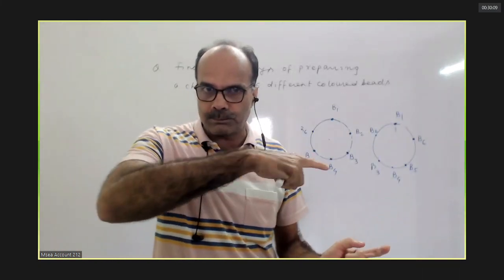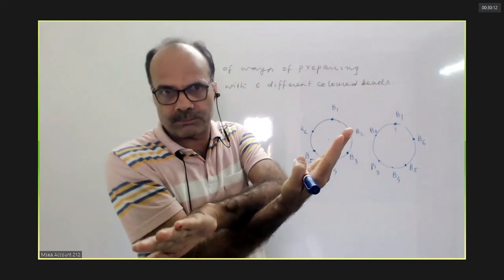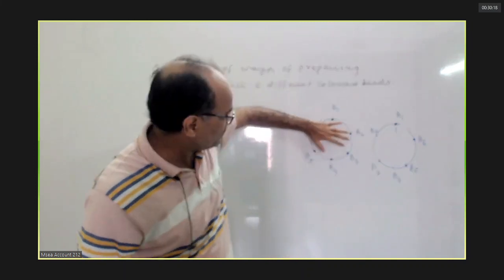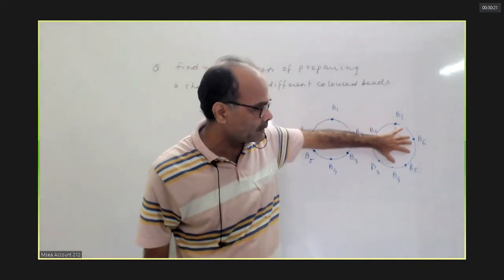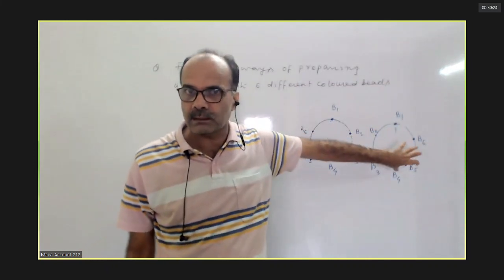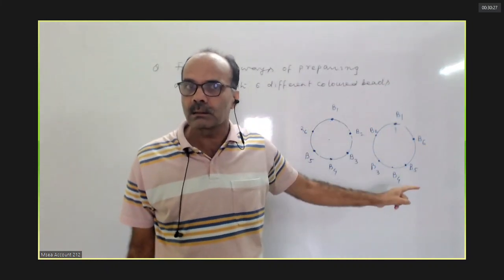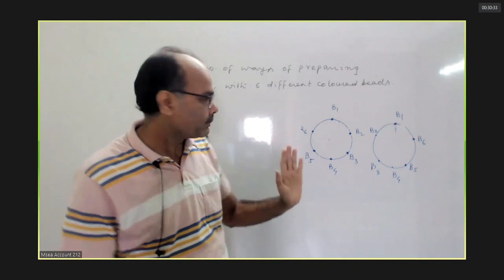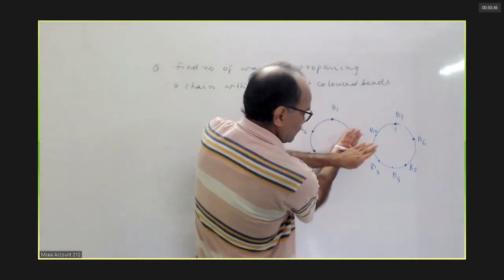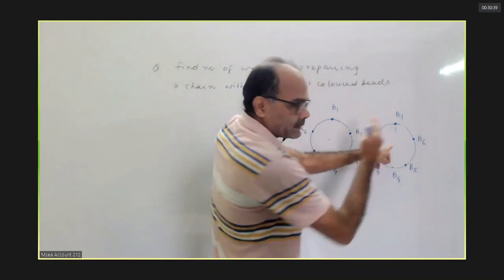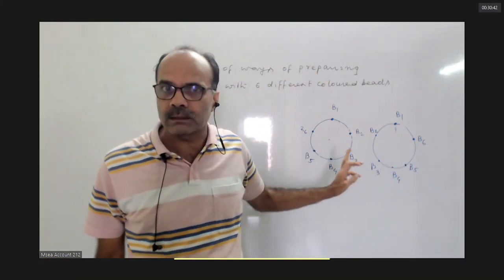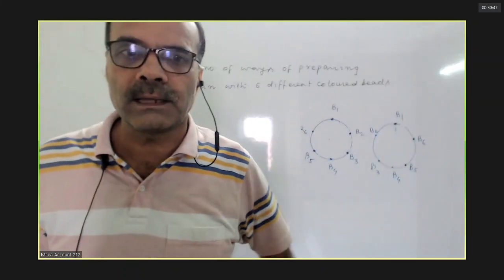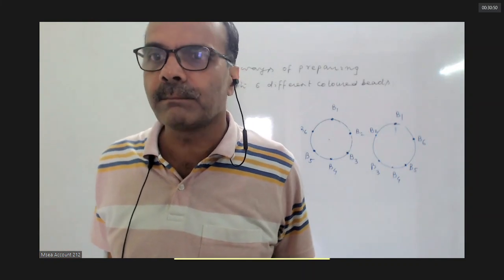Once you arrange persons around a circular table, we can't flip it. But in case of a chain or garland, this is different. These are two different circular arrangements, but the same garland. Suppose this is a garland, this is a chain. If you flip it, it becomes this. The circular arrangement is different, but the garland is the same. Yes, the chain is same.